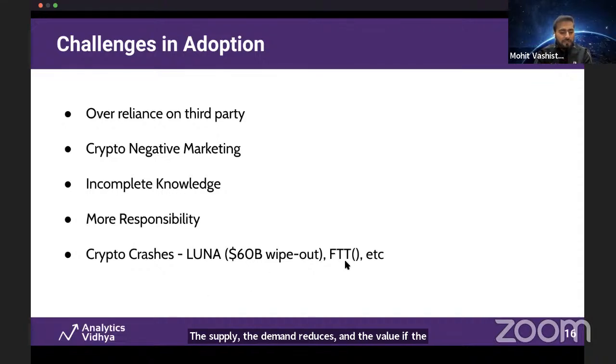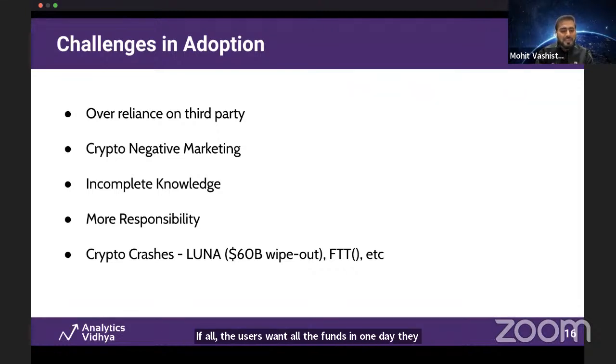Then for FTT, simply what exactly happened with FTT or FTX is it lost the value because of the mismanagement of the funds. They actually took users' funds, but they actually didn't hold that many funds at a particular time. So what their competitor did is, Binance was their competitor. They kind of, you can say, sent out the news that they don't have enough funds. If all the users want all the funds in one day, they cannot actually pay everybody.